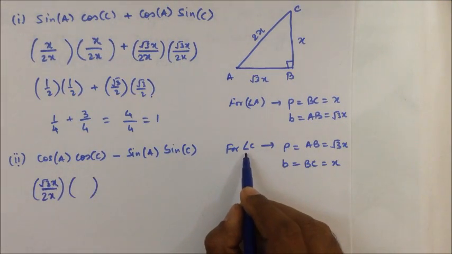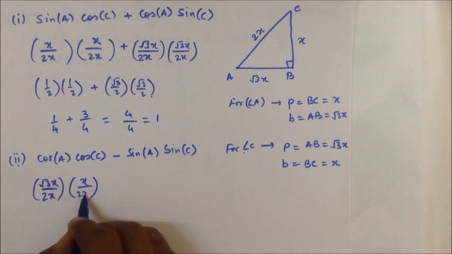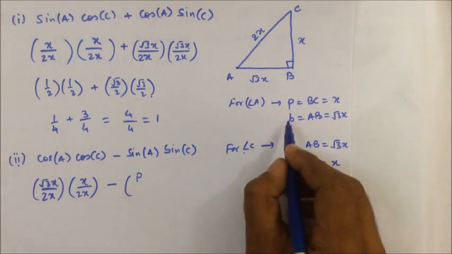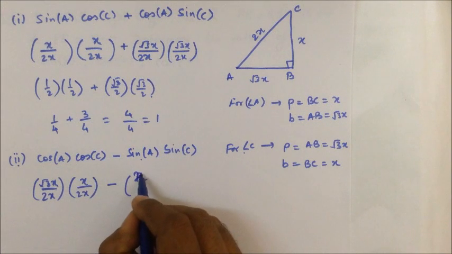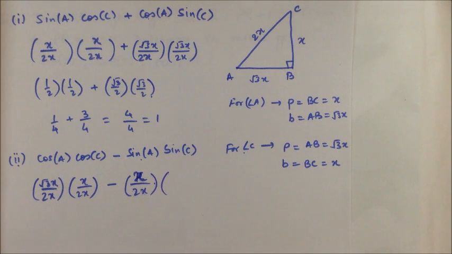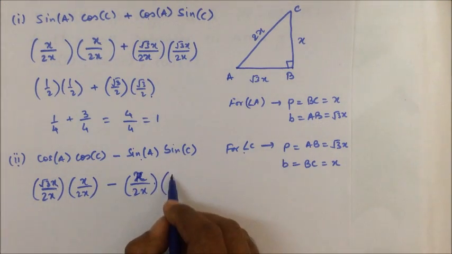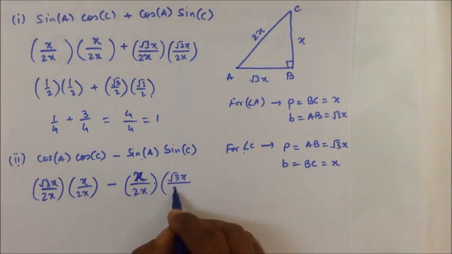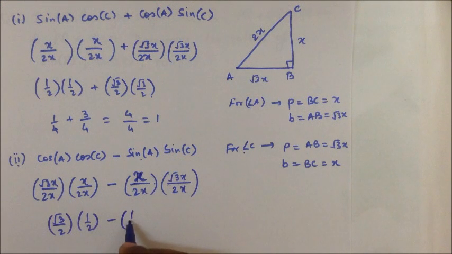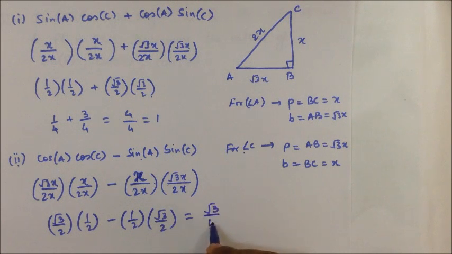Now cos of C. Cos is the ratio between base and hypotenuse. It is x upon 2x. Minus sine is the ratio between perpendicular and hypotenuse. The perpendicular, for angle A, is x. So it is x upon hypotenuse 2x. Sine of C. Now for angle C, the perpendicular is root 3x and the hypotenuse is 2x. Simplifying, x would cancel, and I'll get root 3 by 2 into 1 by 2 minus 1 by 2 into root 3 by 2. This would come out to be root 3 by 4 minus root 3 by 4, and the final answer would come out to be